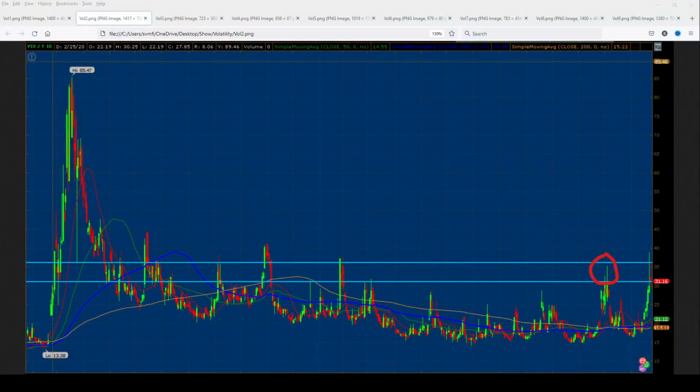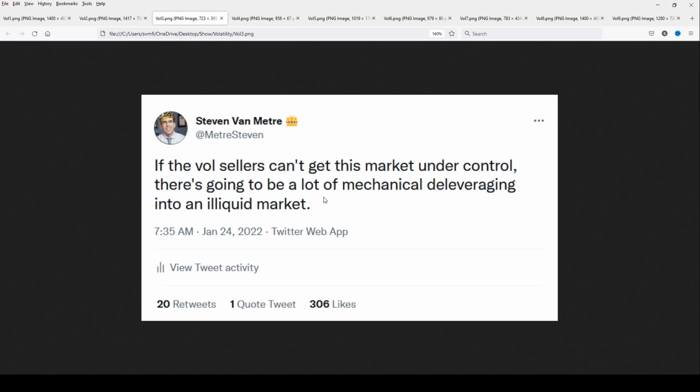And so we can see this is the last spike before the last check. The check comes in, volatility gets slammed down, and now it's back up here in this danger zone. And there's a real problem, because if volatility gets out of the jar, if it comes out of here, well, check this out, because I tweeted this the other day. It says, if vol sellers can't get this market under control, there's going to be a lot of mechanical deleveraging